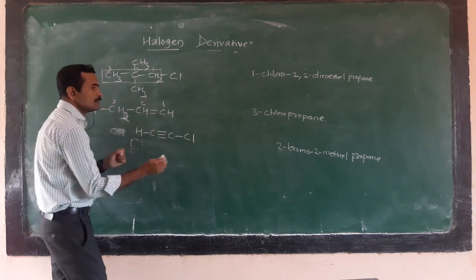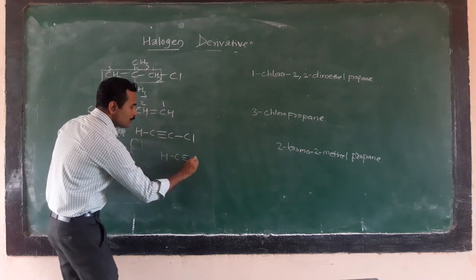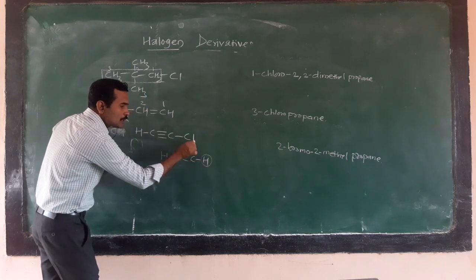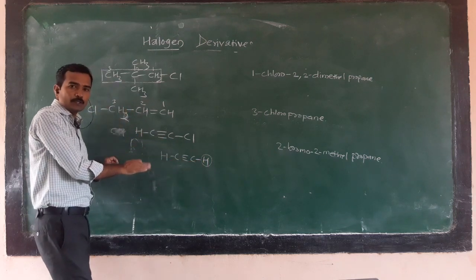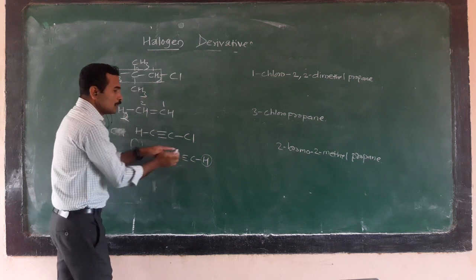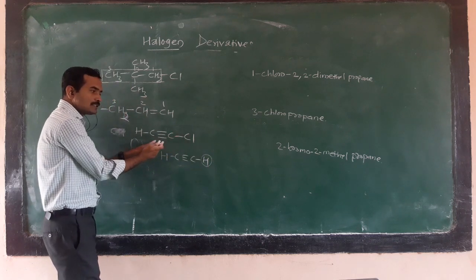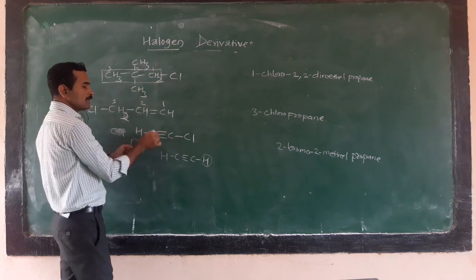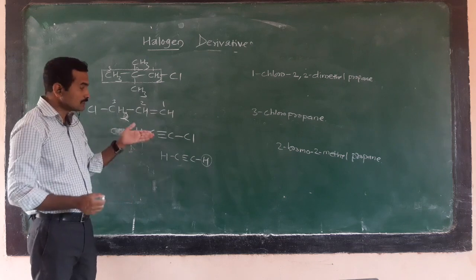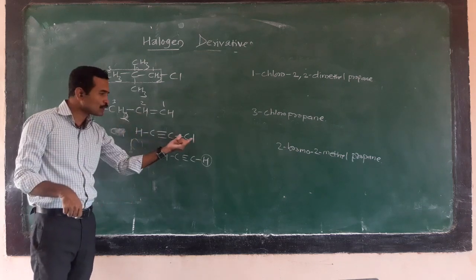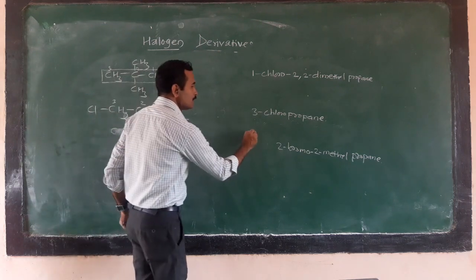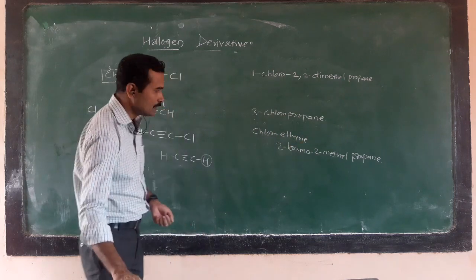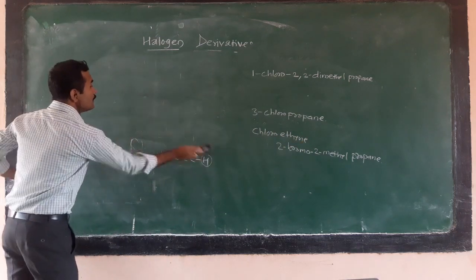Then we write specifically HC triple bond CCl. Chloroacetylene, we know that. What is the formula for acetylene? HC triple bond CH. This is acetylene. And if the hydrogen atom is replaced by a chlorine atom, that becomes a derivative of acetylene. So in the common system it is named as chloroacetylene. And in the IUPAC system, what happened? How many carbons? 2 carbons. So ethane, but this is an alkyne, so ethyne. So chloroethyne is the IUPAC name for this compound.